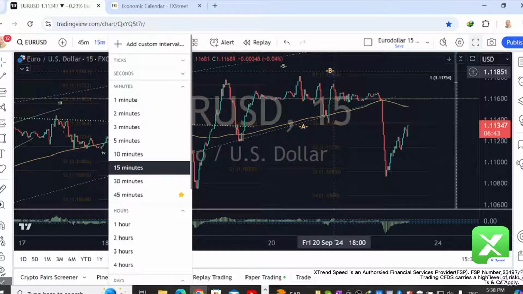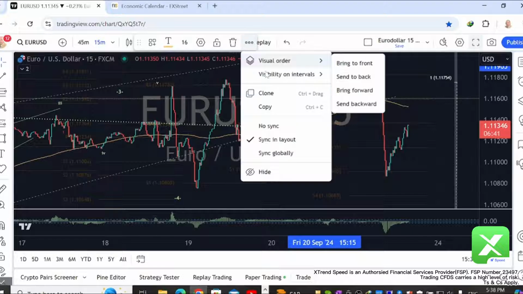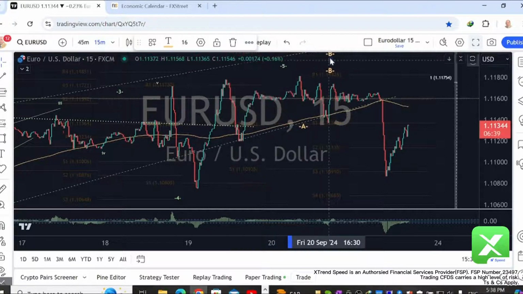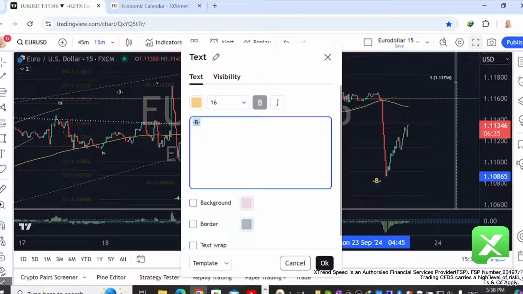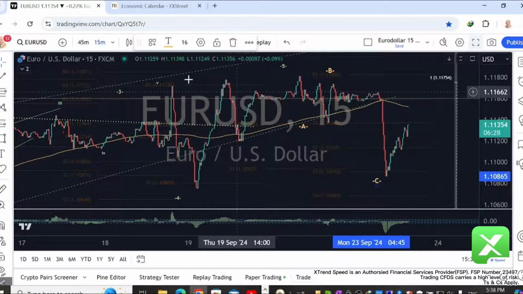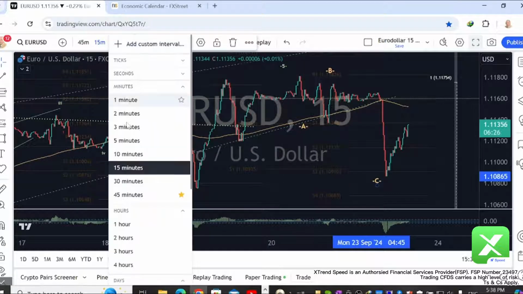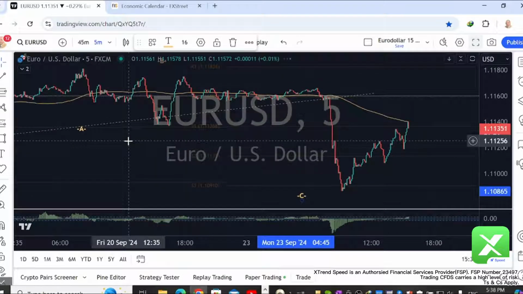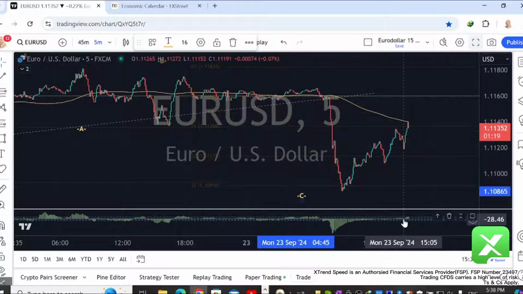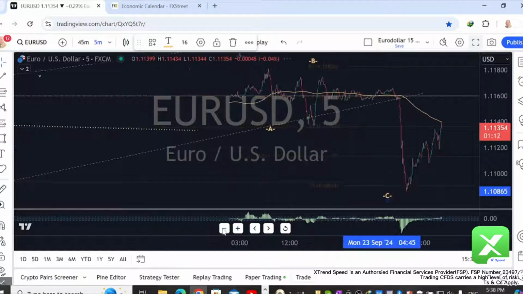Cycle extreme means a C. We have a trigger here and the same cycle extreme on the 5 minutes. All right, so if you wish to buy it,